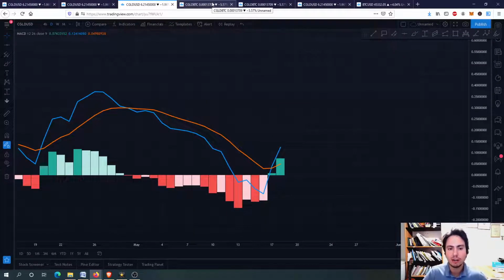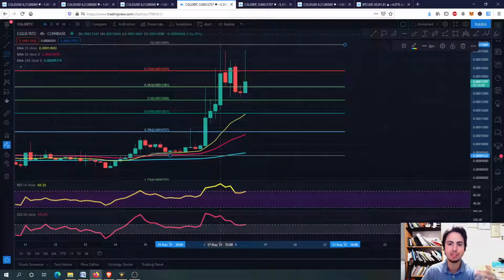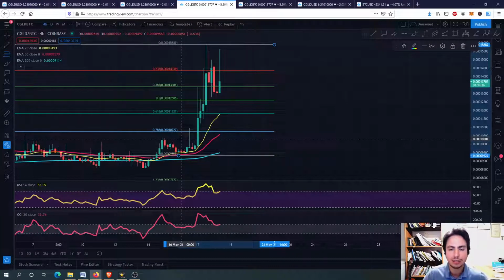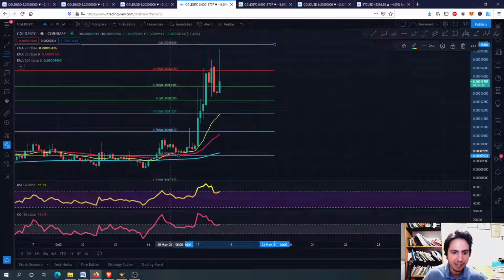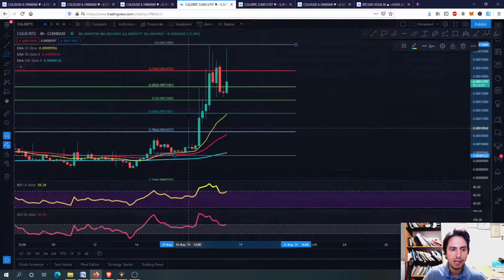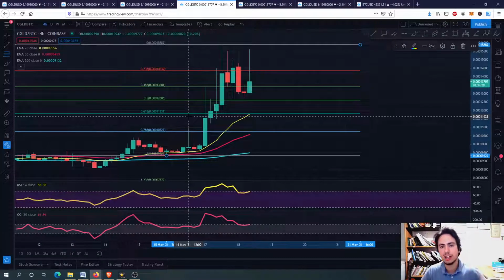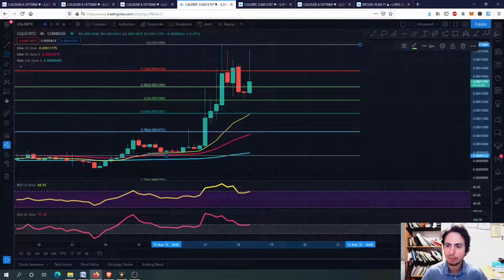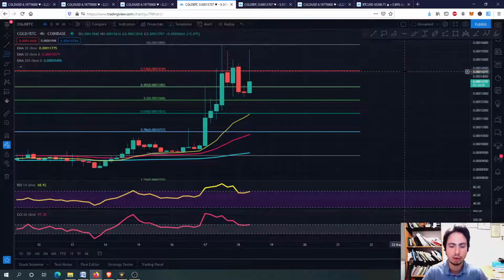Okay. So we are going now to CGLD against Bitcoin to see why it moved upwards. The reason is very simple, guys. It started to outperform Bitcoin. Here, guys, on 16th May, we just saw this huge pump up. It outperformed Bitcoin, and eventually when Bitcoin went up just a little more percentage, CGLD just went up for more. It just went up for 62% as we saw before, guys.